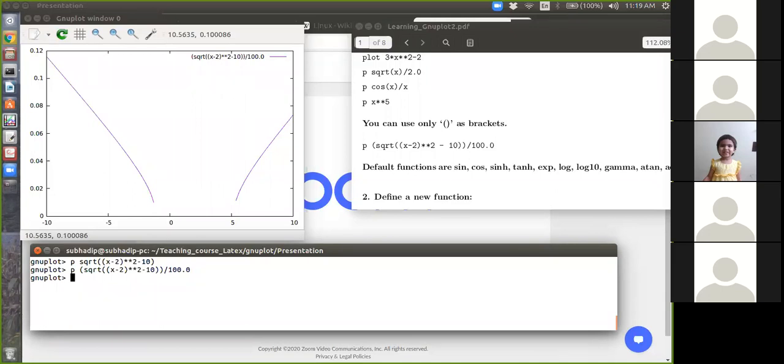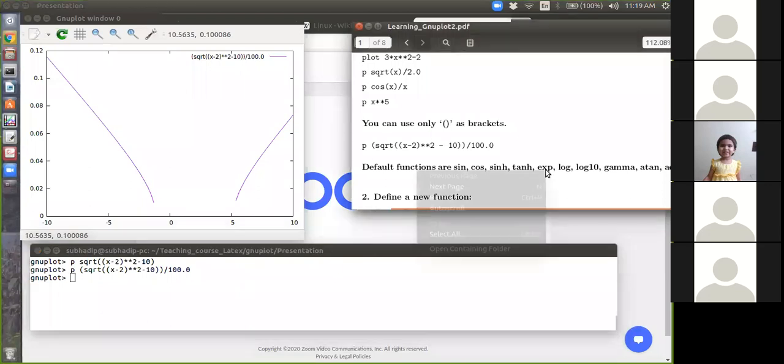Okay, if it doesn't work, don't bother about it, just type. So there are many default functions, such as sine, cosine, sine hyperbolic, tan hyperbolic, everything exponential.